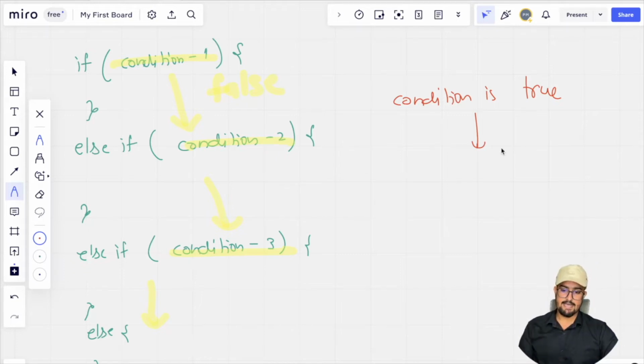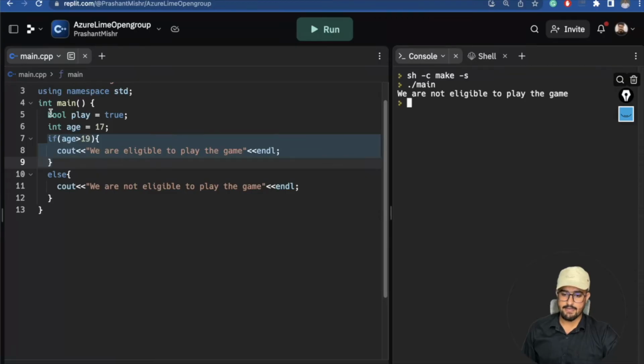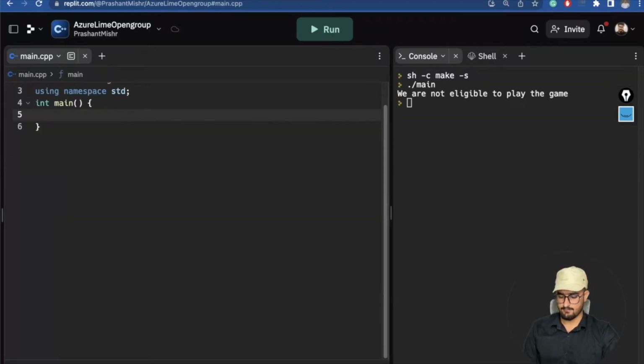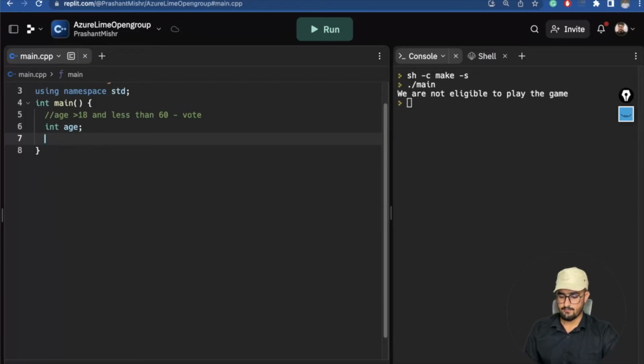Okay, so in this case, a very good example to check is, let's go ahead with the age only. My question over here is that if age is greater than 18 and less than 60, in this condition only we can vote. If it is lesser than 18, we are not eligible to vote. If it is greater than 60, we are not eligible to vote. So how do we go ahead and check this condition? Int age, we are going to take this input from the user. Okay, cout, enter your age,